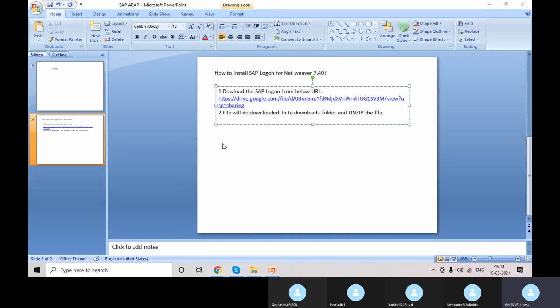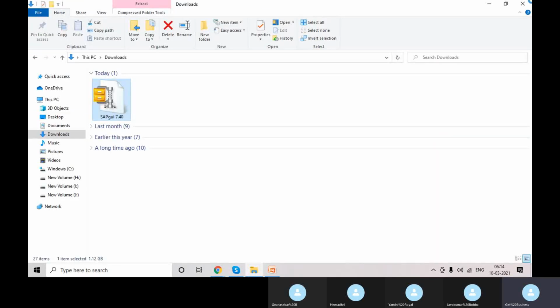Okay, so the extracting part is completed. Just go to the download folder. Here we can see that our extracted file is not showing. One second, maybe because I extracted it a long time back, so it might have gone to that date. I'll open this a long time ago.